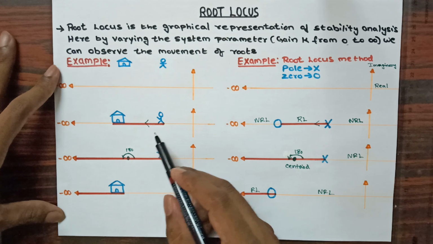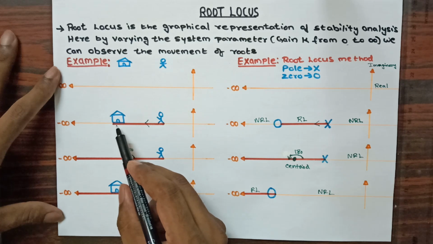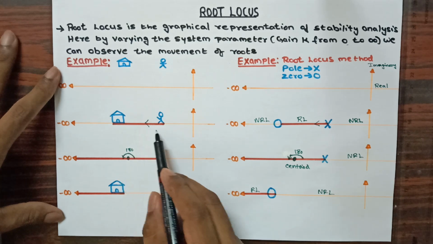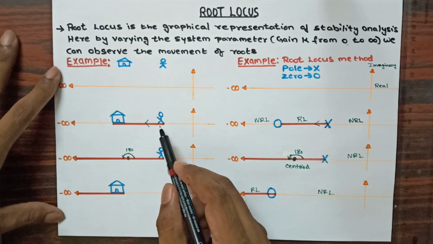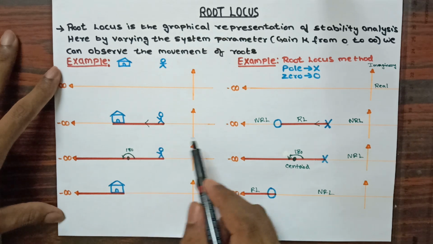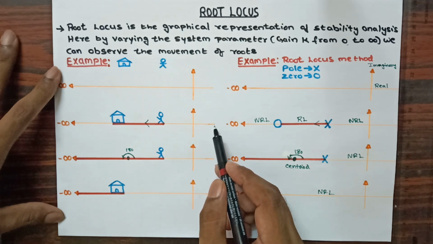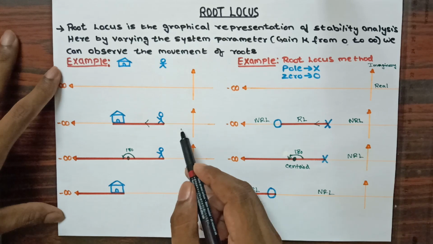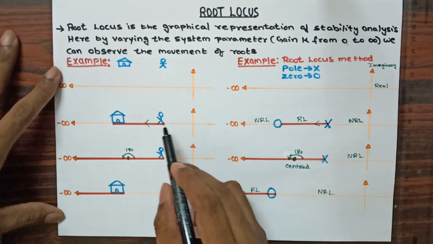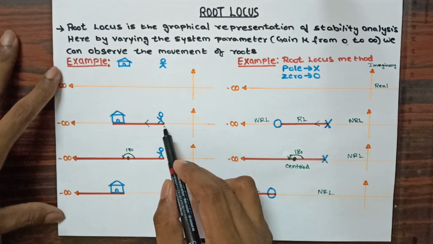not for the even count of person or hut. In this second example, you can see I have considered one person and one hut, and I have provided the path for them, which is shown in red color. Now by following the condition, that is by considering an odd count of person or hut, we have provided this path. So you can see here from the right hand side, if I consider from this point to this point, I am not having any person or hut. That means the count of hut or person from this point to this point is 0, and 0 is an even count. Therefore, for an even count, I am not providing any path.